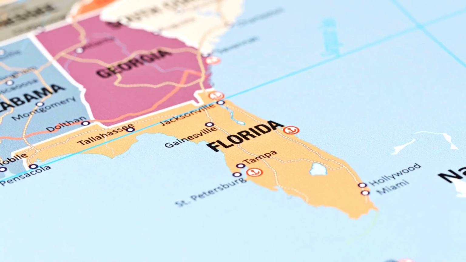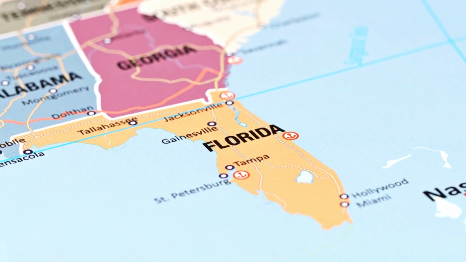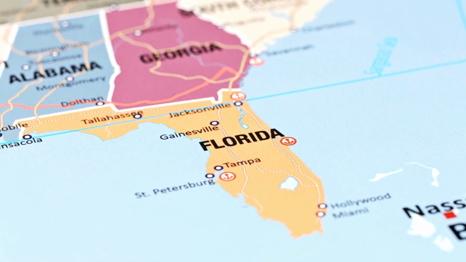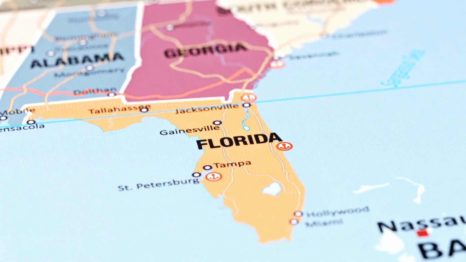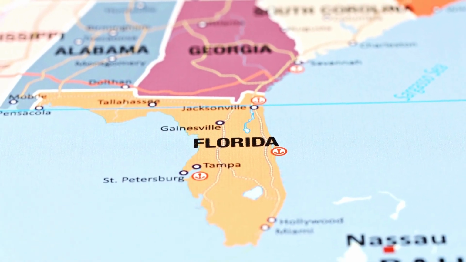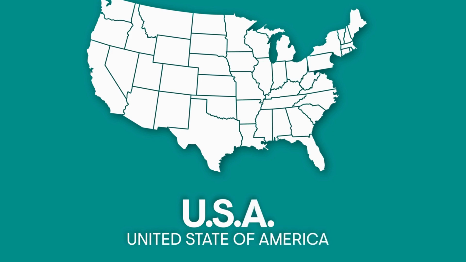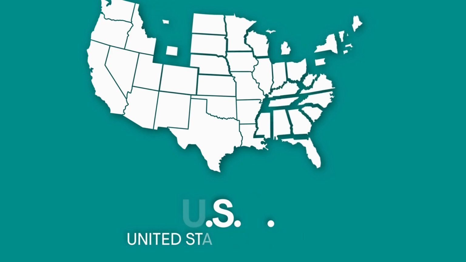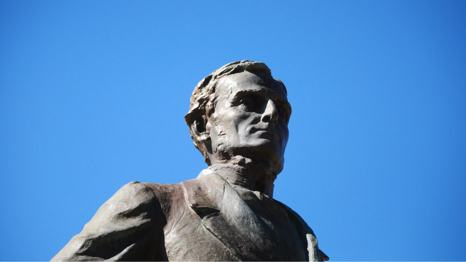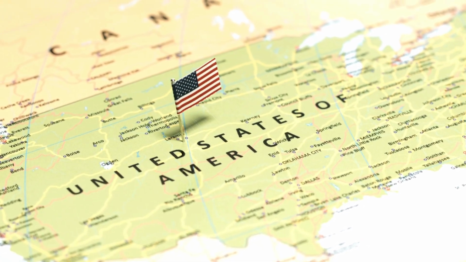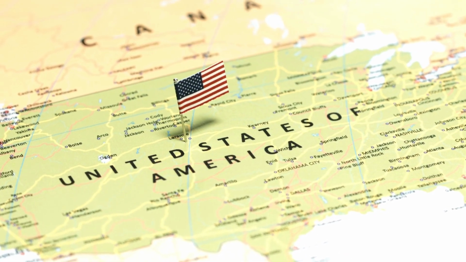In response, Southern states began to secede from the Union, starting with South Carolina in December 1860. By early 1861, 7 states had formed the Confederate States of America, with Jefferson Davis as its president. These states firmly believed in states' rights, the right to govern themselves and decide on issues like slavery. But the Union, led by Lincoln, insisted that the United States must remain united. For Lincoln, the issue was not just about slavery but about the survival of the nation's democratic system.